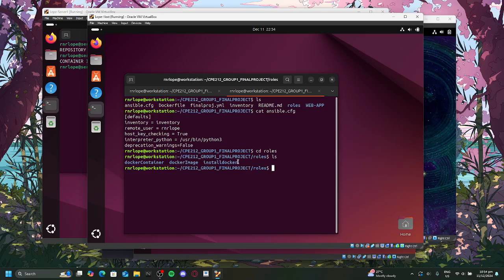So the sequence is install Docker, Docker image, and Docker container. I'm going to display the contents of the playbook for install Docker.